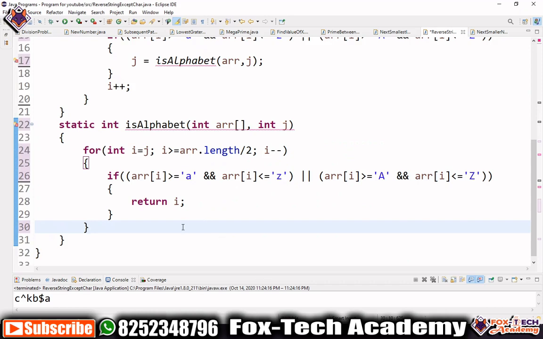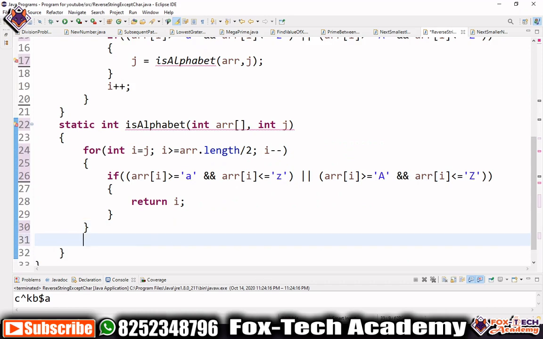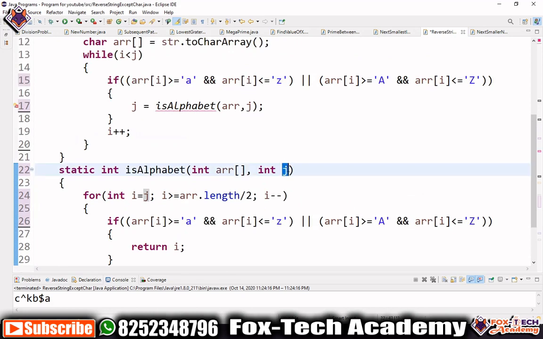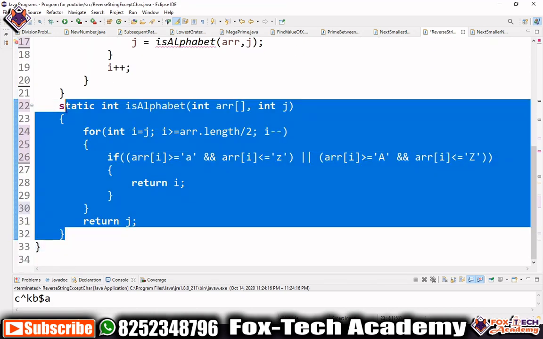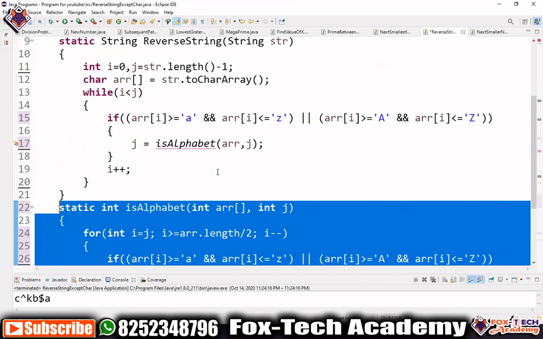So after this for loop, if it comes outside the for loop, it means that it didn't find any alphabet, so it will return the same index, the same value that it has taken. So this is our function for checking whether the last element is an alphabet or not.